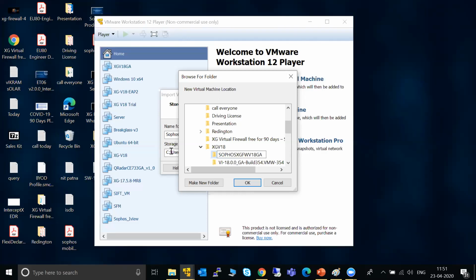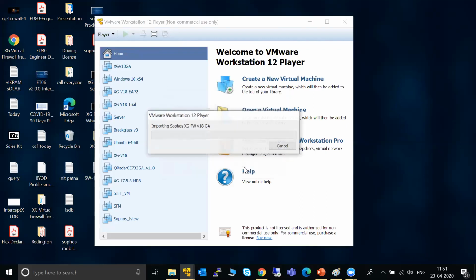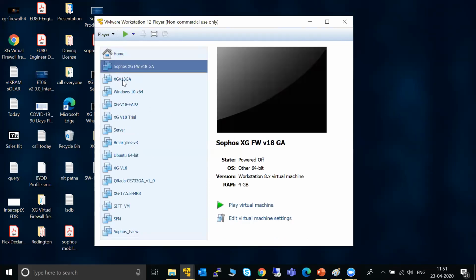Now I set the path where this particular virtual XG firewall will be imported. So I just import it. Pretty simple. As you can see, this firewall is being imported, and that is it.